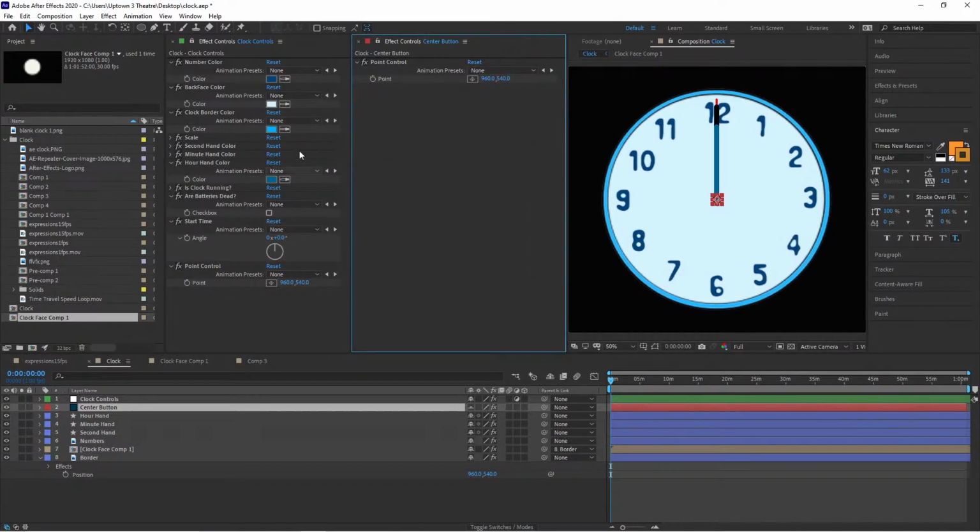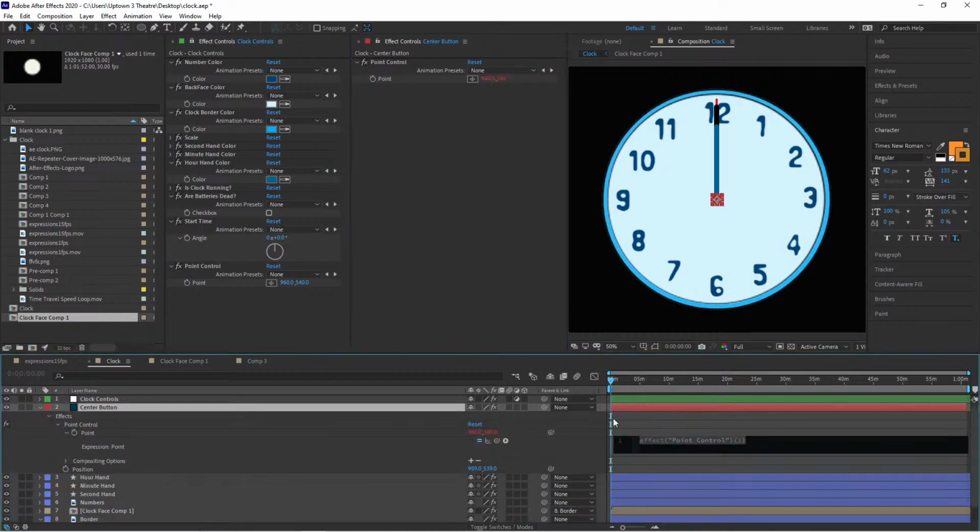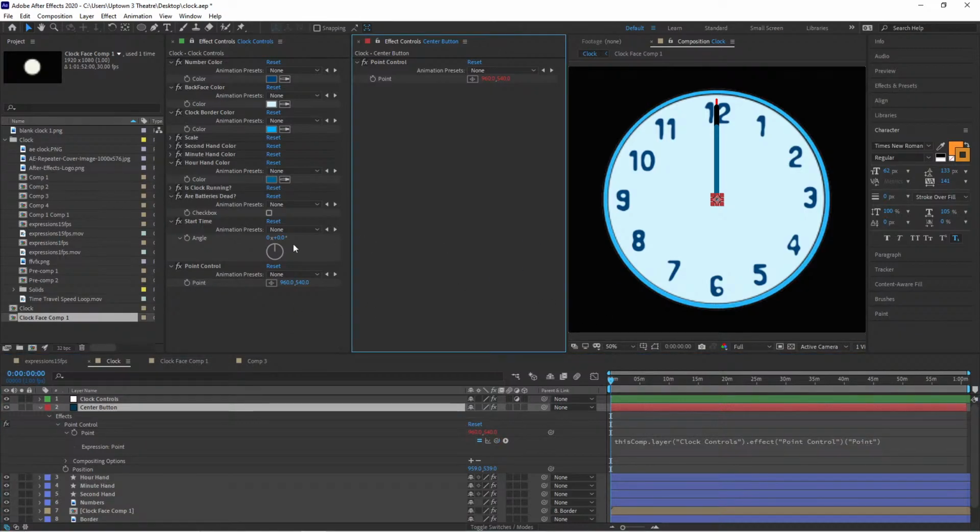Just wanted to give myself two windows here. So if I alt-clicked on the point control for our center button and pointed it to our point control there,